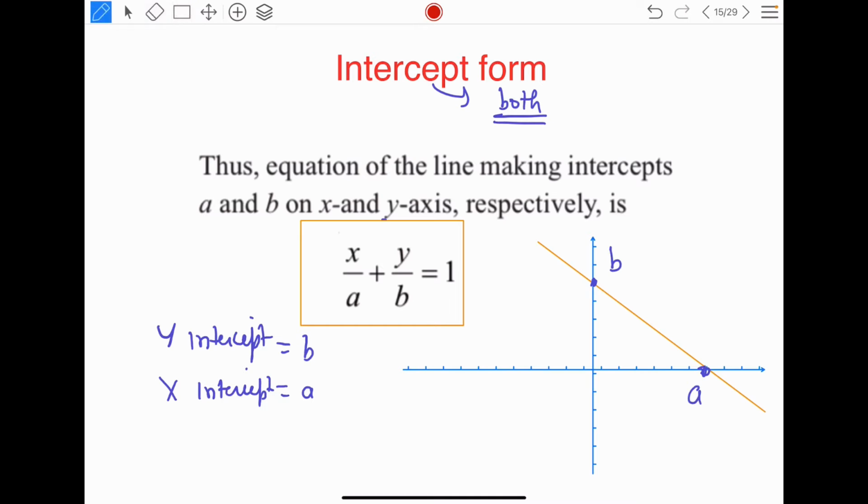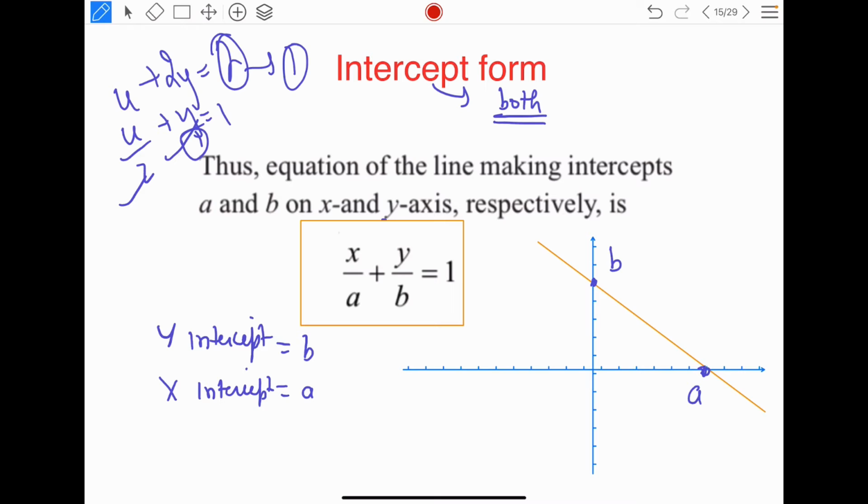Suppose you have an equation like this, x plus 2y is equal to 2. I have to find the intercept form. Just remember the constant on the right has to be 1. So divide this equation by 2. You will get x by 2 plus y is equal to 1. So 2 and 1 are your intercepts. Simple, isn't it? For any intercept form, the golden trick is the right hand side: x by a plus y by b has to be 1. If it's any constant, even 20, divide the equation by that constant, because you have to make this term 1. The RHS of the intercept form has to be 1.